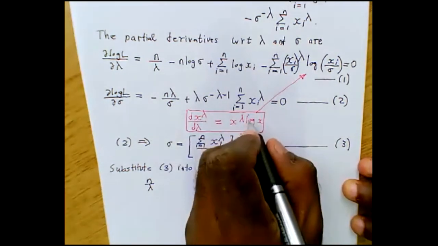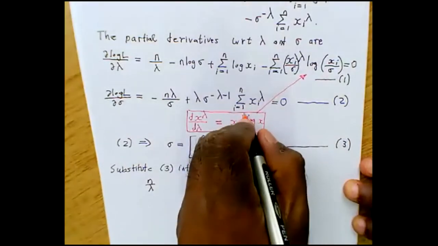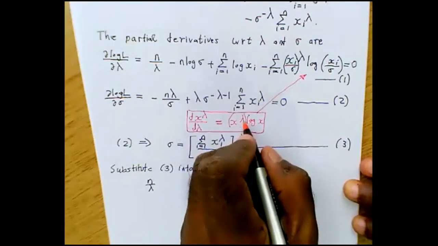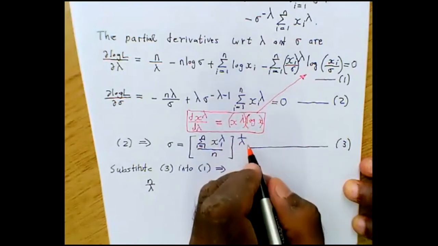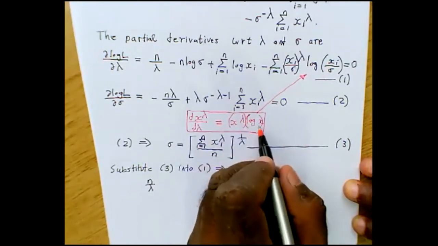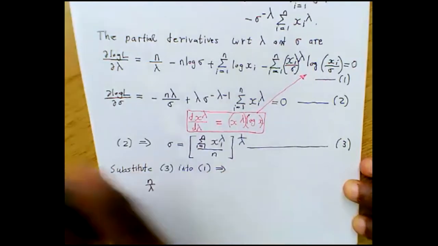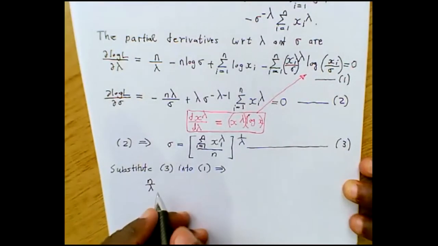Oh, sorry, this is x to the power lambda, log of x outside. I'm sorry for not being clear. So it's x to the power lambda is one term, log of x is another term. Okay, so you will get